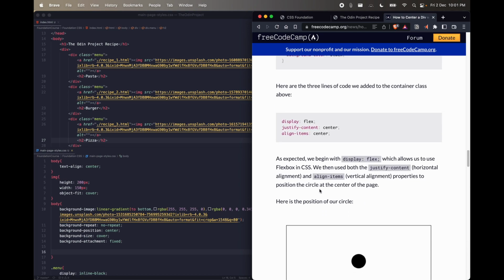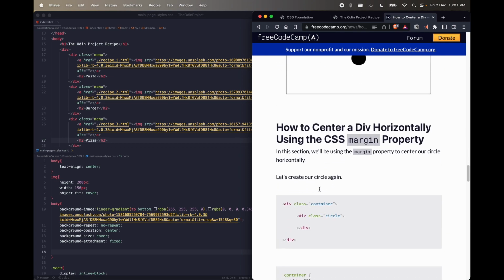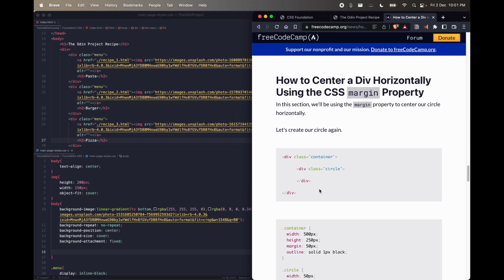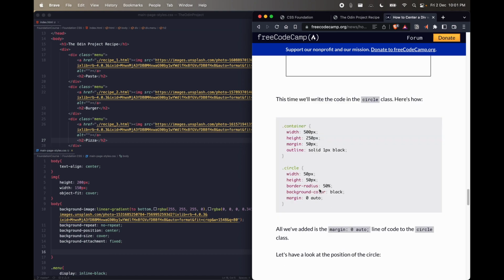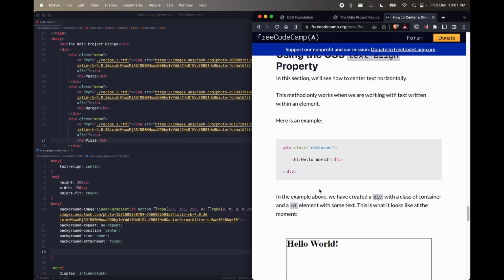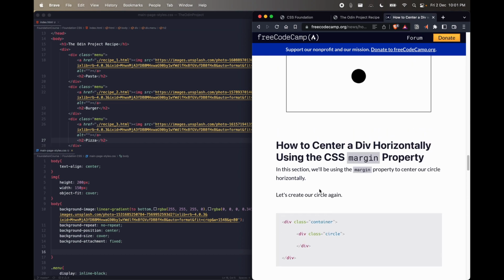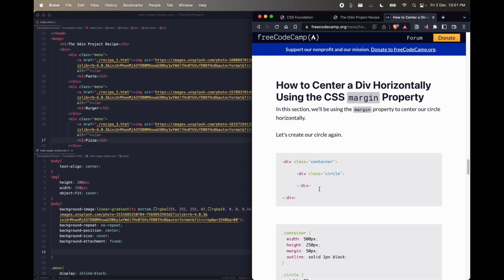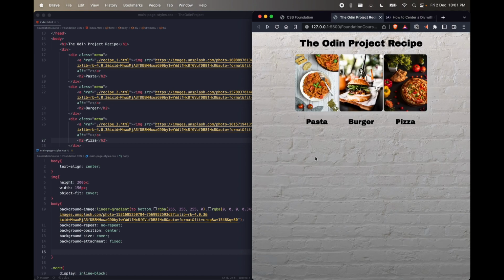Div at the center. Okay, I remember now that we can use the margin property. Anyways, for the time being, let's